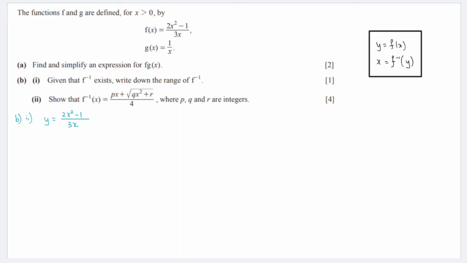Now, in order to find an inverse function, we need to remember that if y equals f(x), then f inverse of y will give us back x, which means that if we can get x to become our subject, or in other words, if we can get the expression for x, then we will have the expression for the inverse function f. So we now proceed to simplify this equation by multiplying the 3x onto the left side